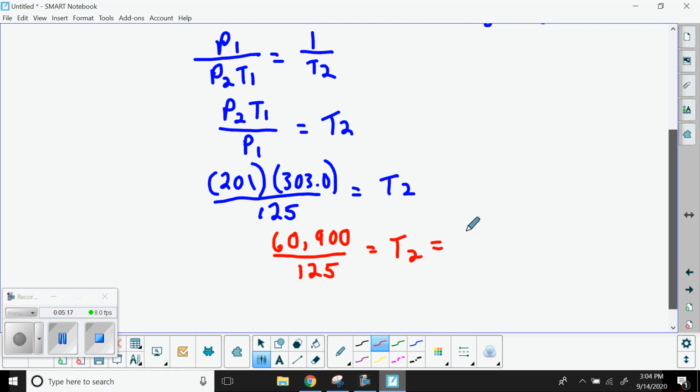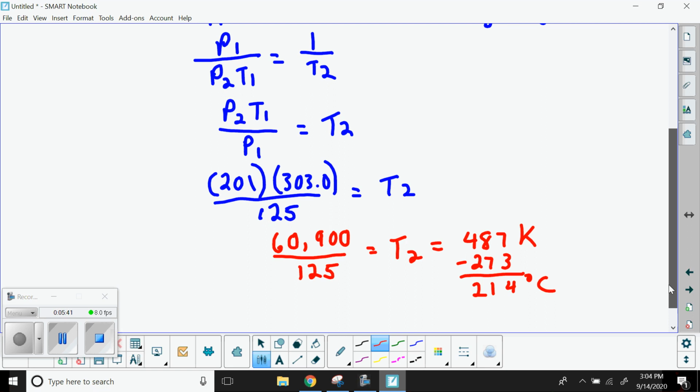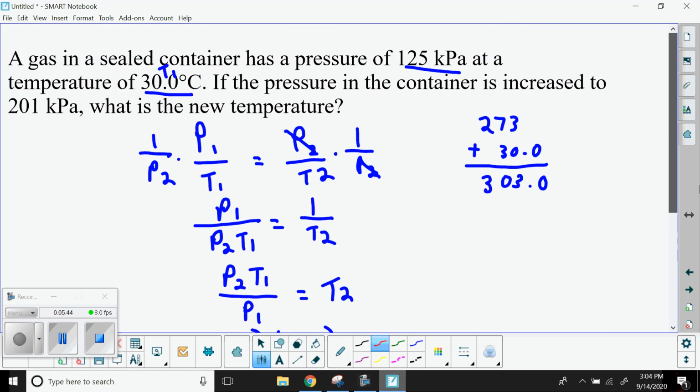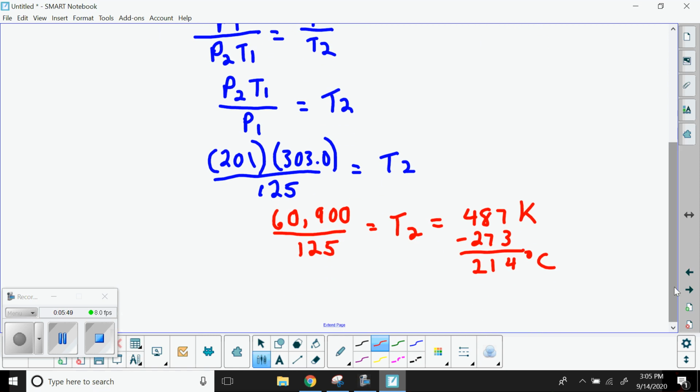And my answer here is 487, write that down, 487 kelvins. Now if I want to go back to Celsius, I subtract the 273 and I find out it is 214 degrees Celsius. I said before that I think my temperature should have increased, and it did, from 30 degrees to 214. So hopefully that is a great example of